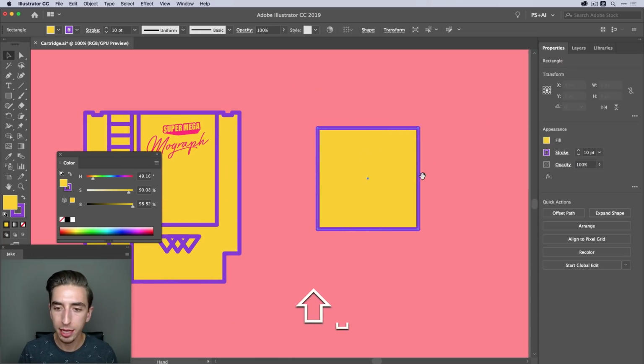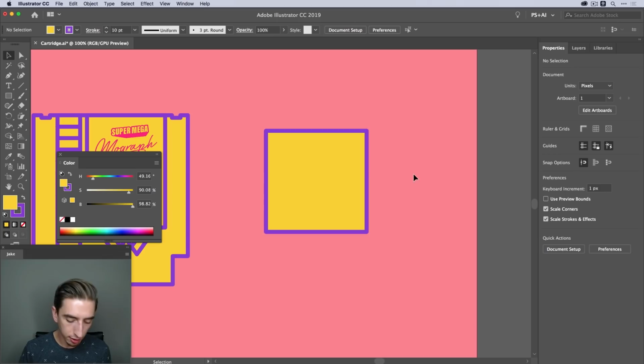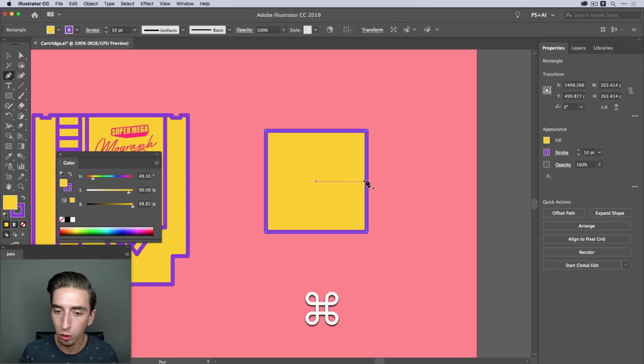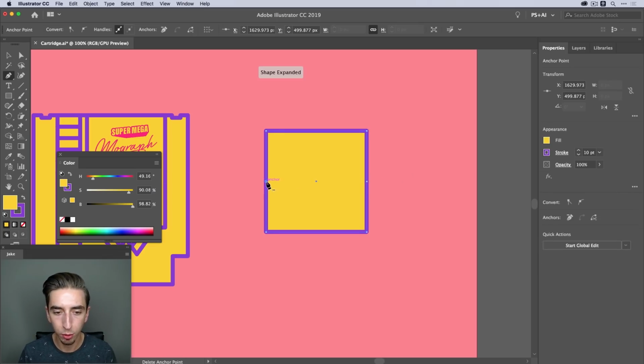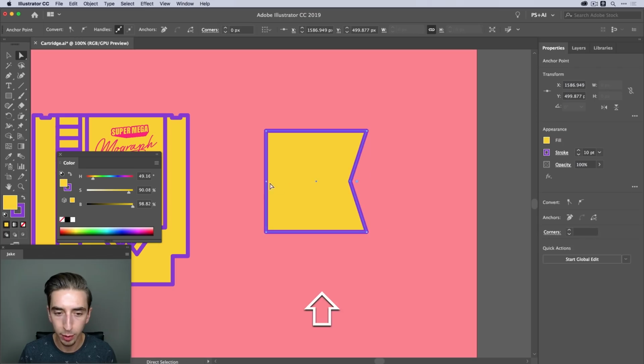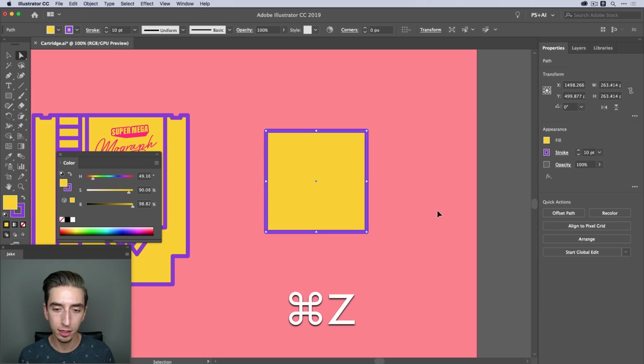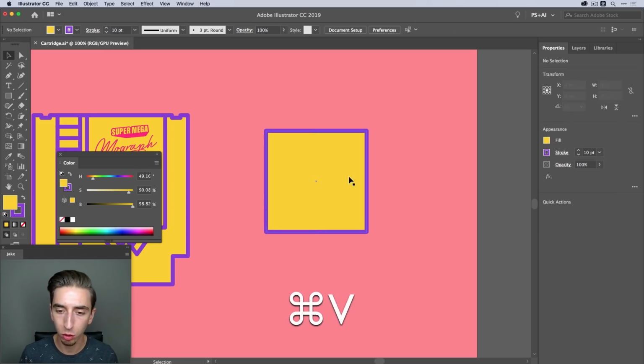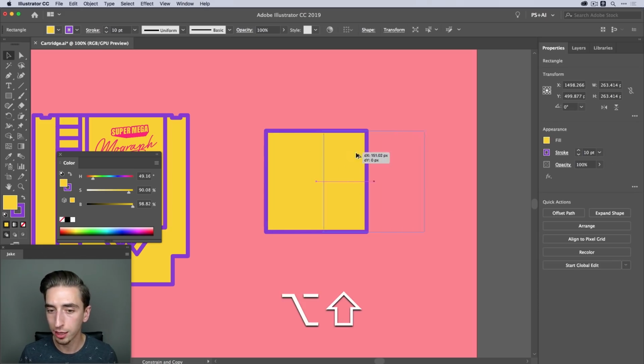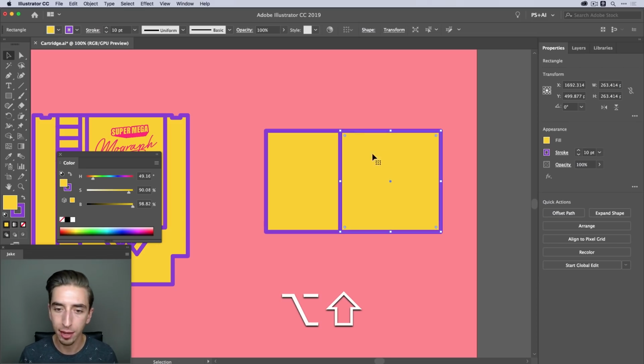Now I need to make this a keyframe, and you might think, just grab the pen tool, grab that object, add in some points and then bring them in a little bit. But I'm actually going to do this in a little bit different way that's a little less destructive. So I'm going to undo until we're back to our normal square. Then I'm going to duplicate this square, move it over by holding Option and Shift, clicking and dragging, and then